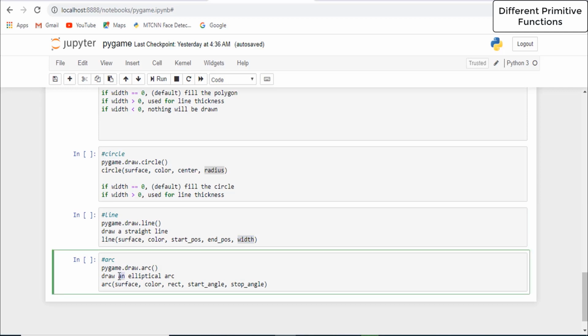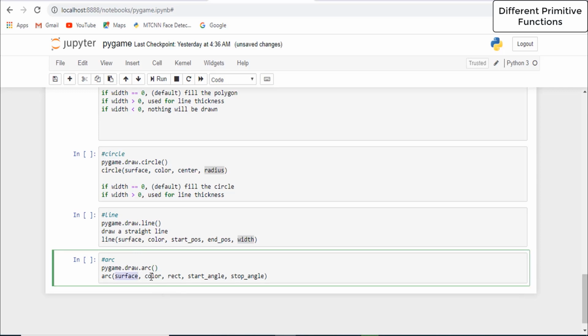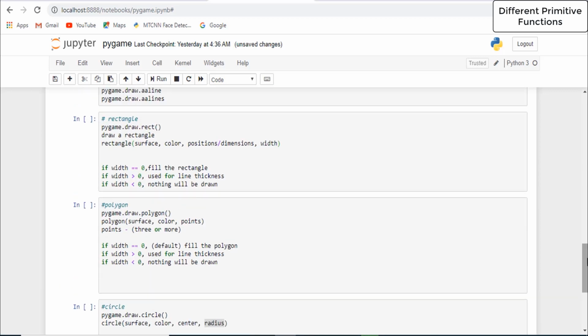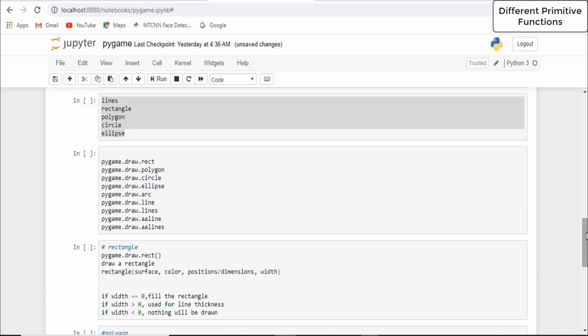Then arc. We can draw an arc with the help of this function. We pass the surface, color, then rectangle coordinates, and then the starting angle and the stop angle. To draw an arc, we have to pass the screen surface on which we want to draw the arc, the color of the arc, then the rectangle coordinates, four values, x and y and the dimensions, and then the starting angle and the stop angle. So these are some of the basic functions of line, rectangle, polygon, circle,